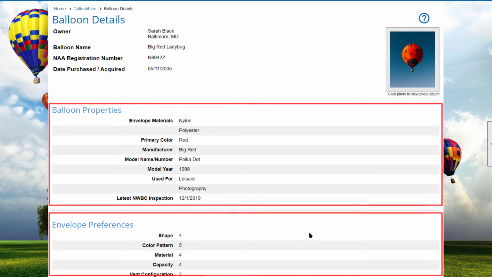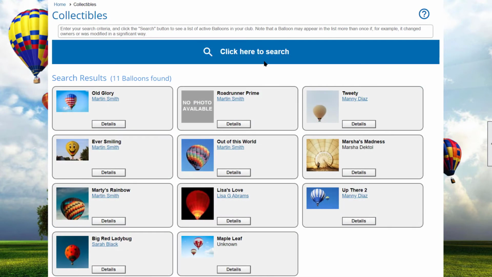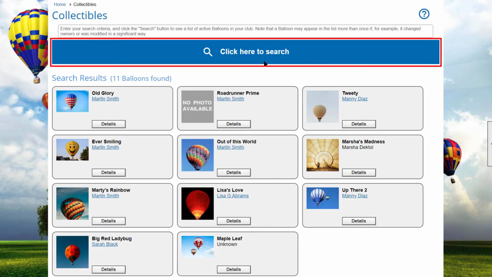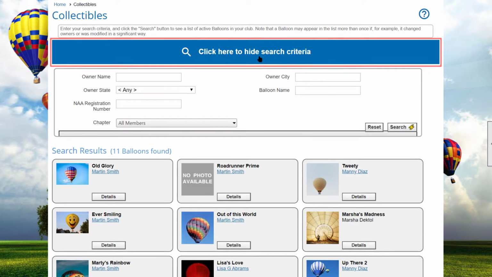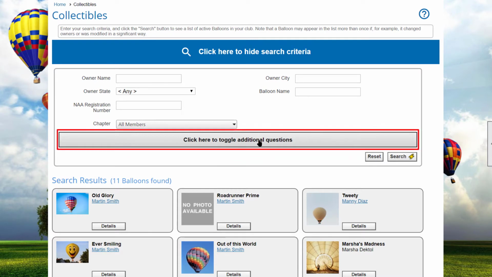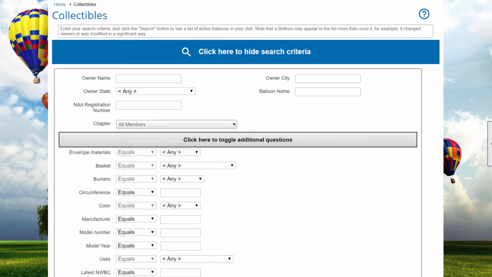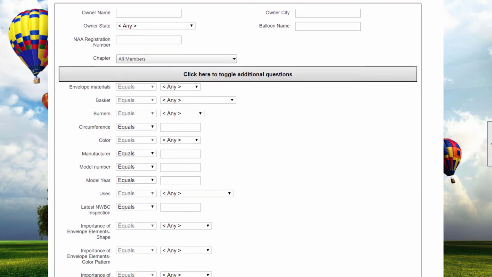at collectibles administration. Now back at the collectibles page, note that the search area is hidden to make more room for the results. You can click to show the search area again. Let's display the additional questions search criteria and look for any red balloons. As seen in the balloon details, this club asks several questions about the items in its collection. Balloon manufacturer, model, number of burners, type of basket, its color, and the importance of envelope attributes like shape and